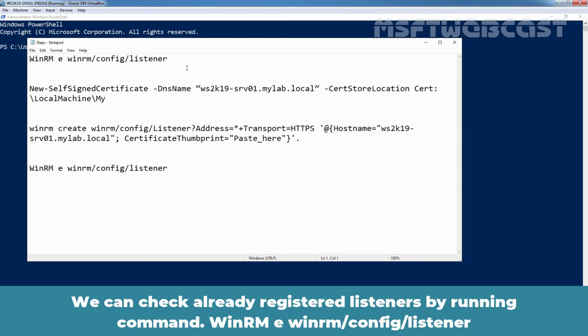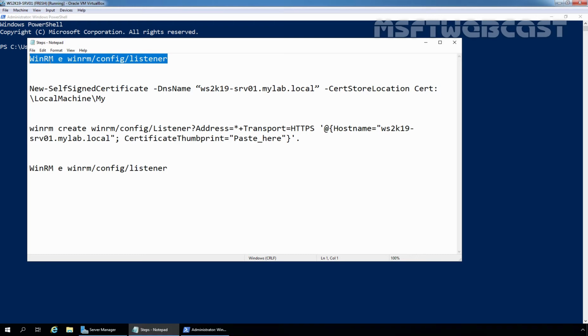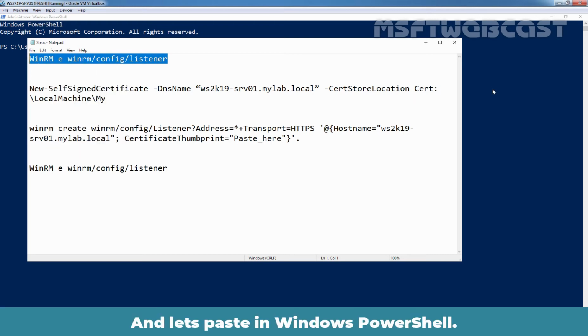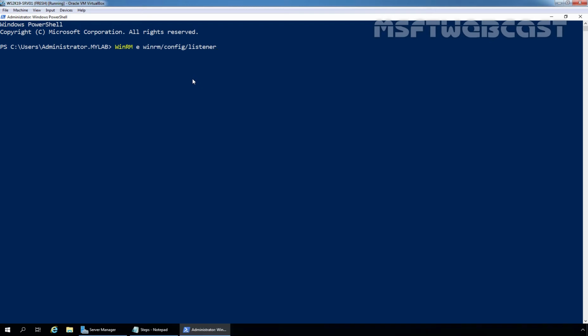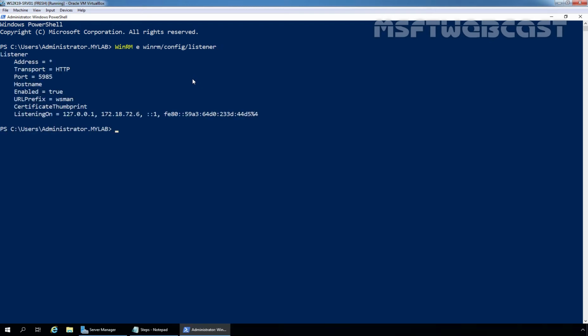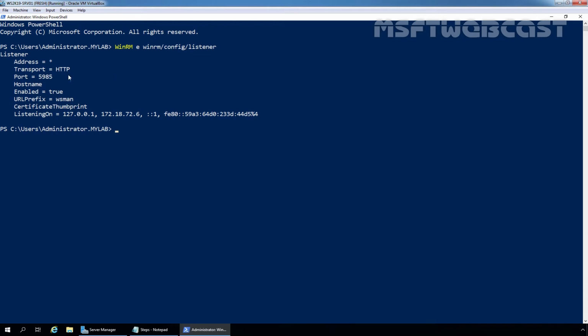We can check already registered listeners by running command winrm e winrm/config/listener. So I'm going to copy this command and let's paste in Windows PowerShell. Let's press enter key. We can see the transport HTTP and port number 5985 for WinRM over HTTP.